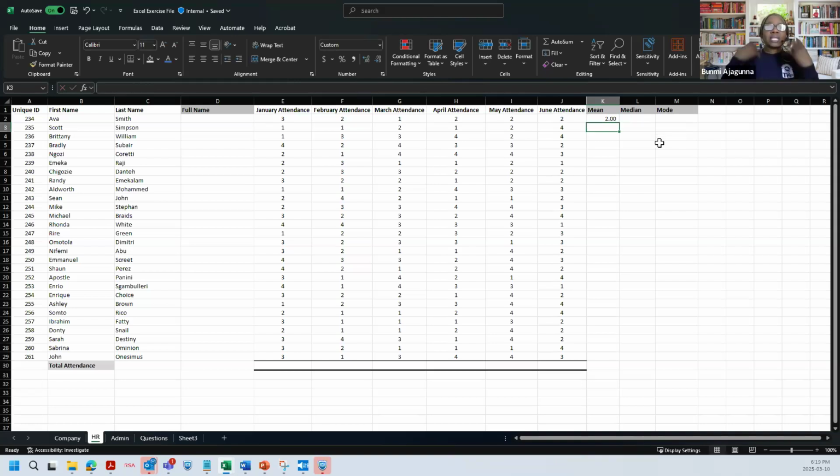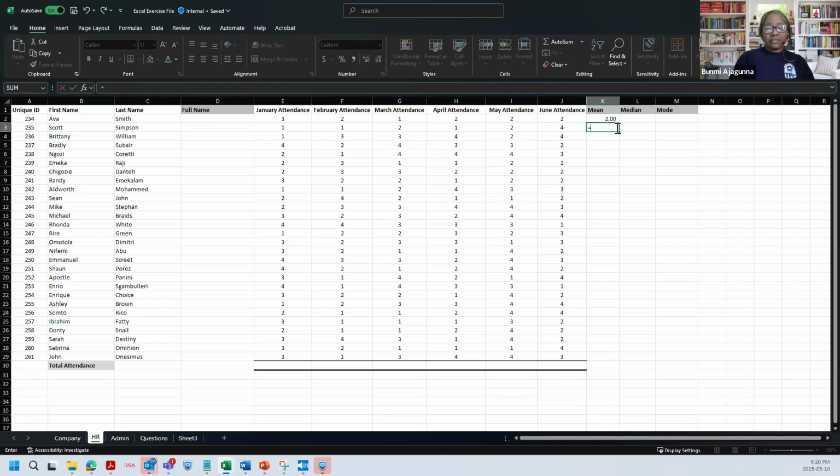What it is telling us is that Ava came 3 times in January, 1 time in March, and twice in the rest of the months, so her average is 2. The average attendance is 2 for Ava.